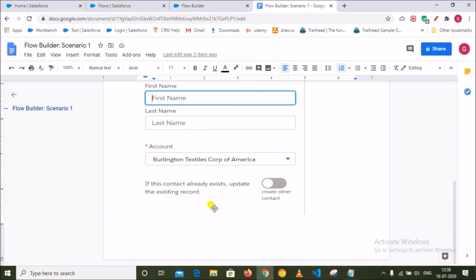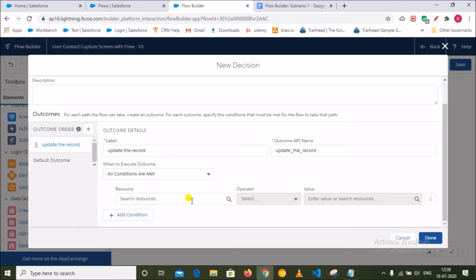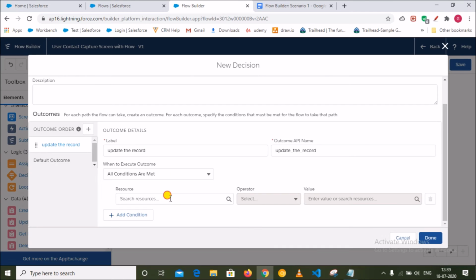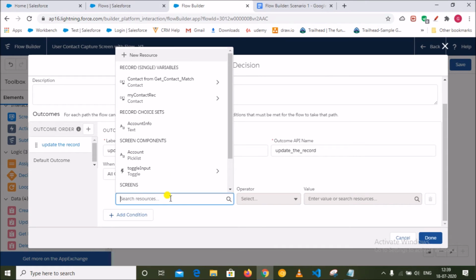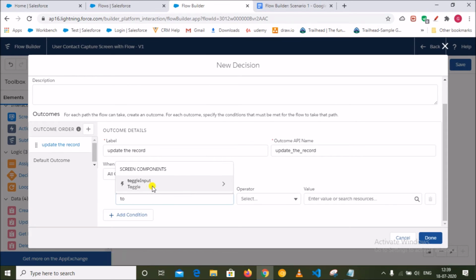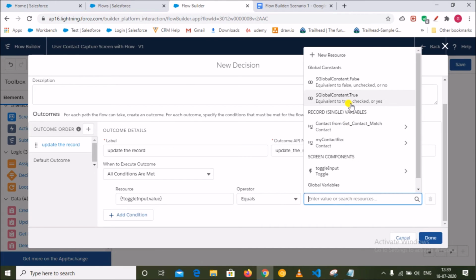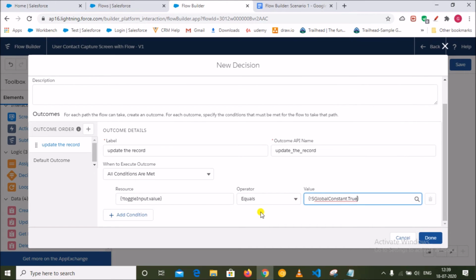Okay, so let's apply this condition here. First condition, I will use toggle active. Here, what is the name of the toggle input? I will use its value. I have already mentioned that the value basically contains a boolean variable, right, equals true.